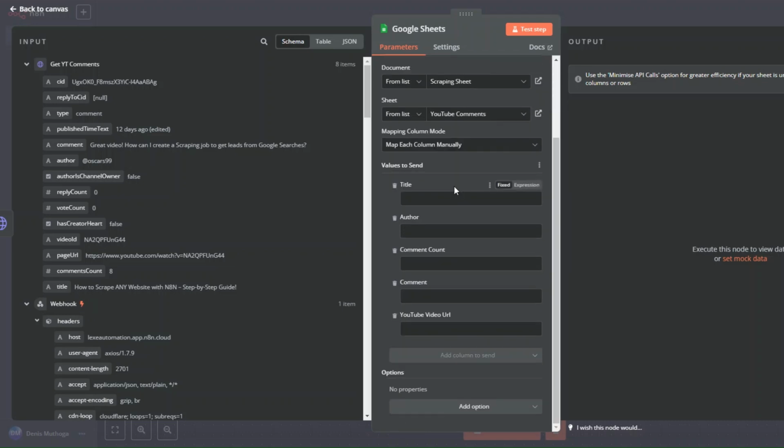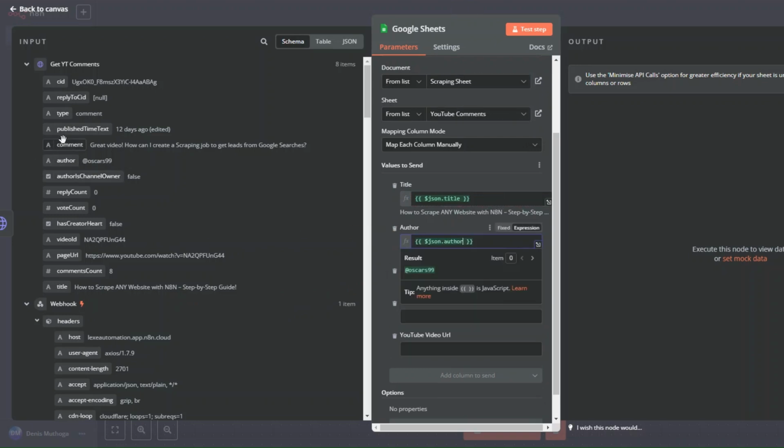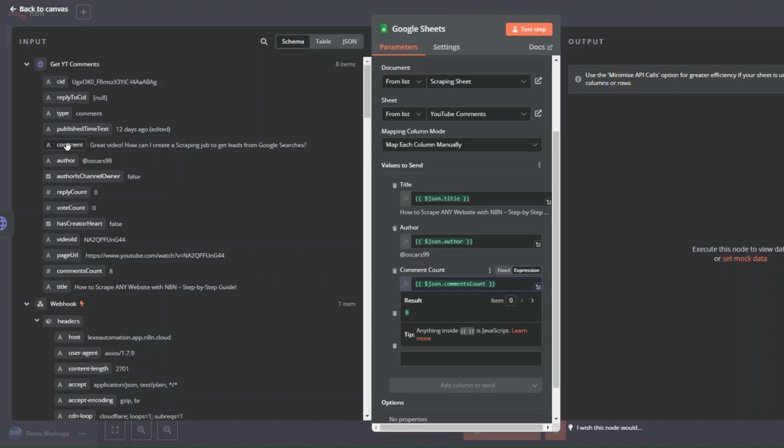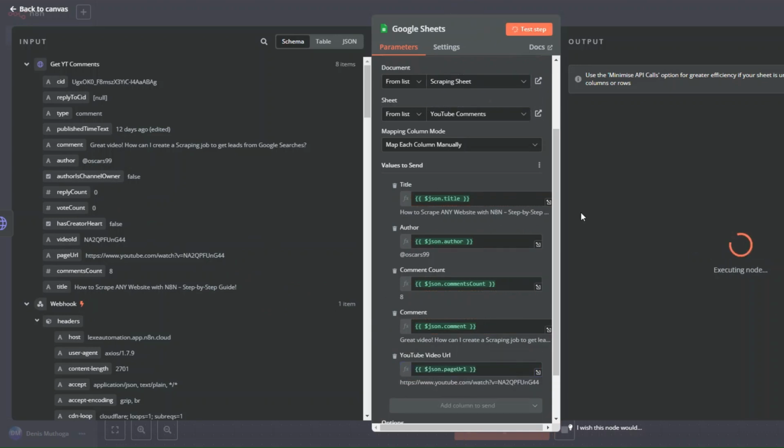We'll add the values to the columns on our spreadsheet with the data that we got from our get YouTube comments node. So for the title, we're going to add the title right here. For the author, we're going to add the author over here. Comment count, we're going to add the comment count over here. We're going to add the comment over here, and the YouTube video URL over here. Now when you click on test step,